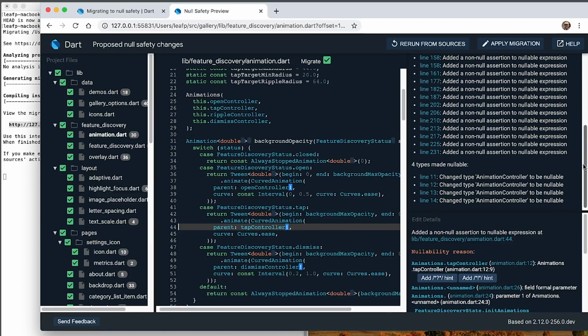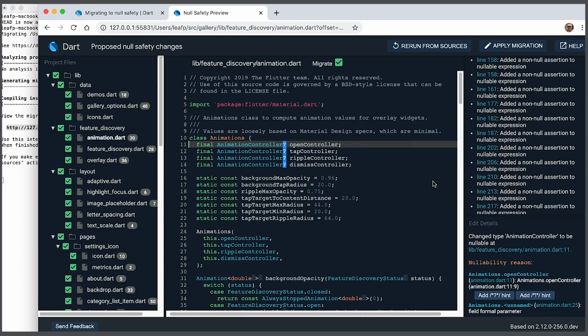So what I suggest when you're using the interactive workflow is that you focus on the types that have been made nullable. Down here, there's a list of just 4 types, 4 places where it has taken a type and made it nullable. The reason I recommend focusing on this is that the choice of nullability in the types is what drives all of the other changes that it makes. All of those null check operators it's adding are because of the choices that it made about nullability. So once you've figured out what the right nullability is for the types, all of those null check operators, you might want to check them, but they basically are mechanically added. They're mechanical. And the power of the tool is that it will do that mechanical work for you.